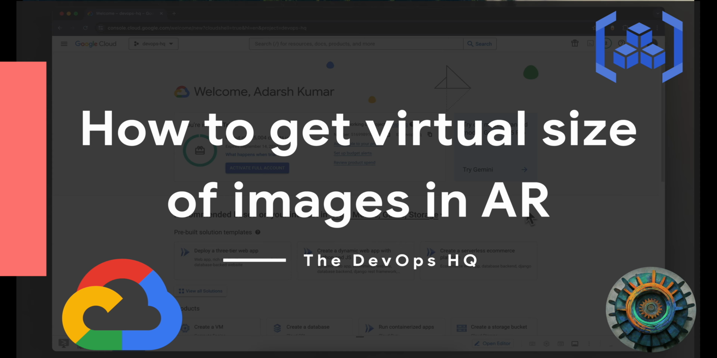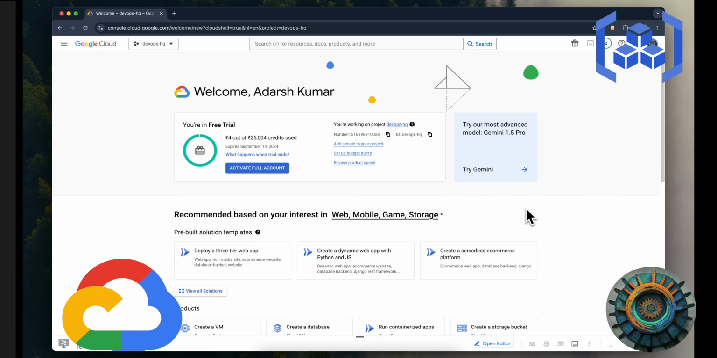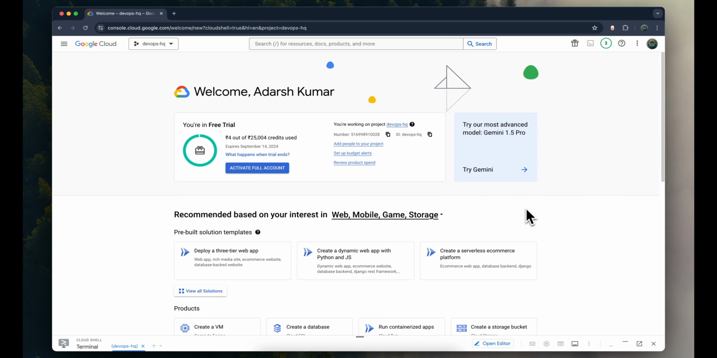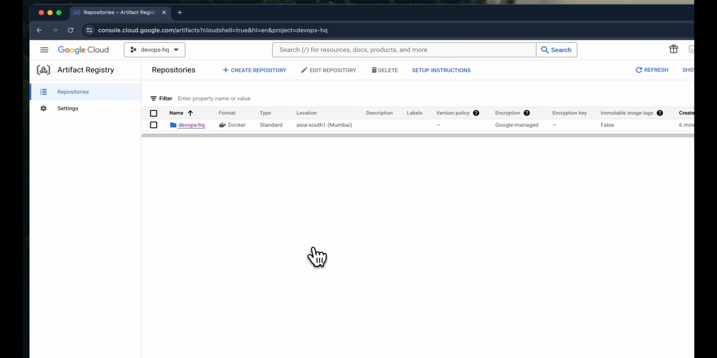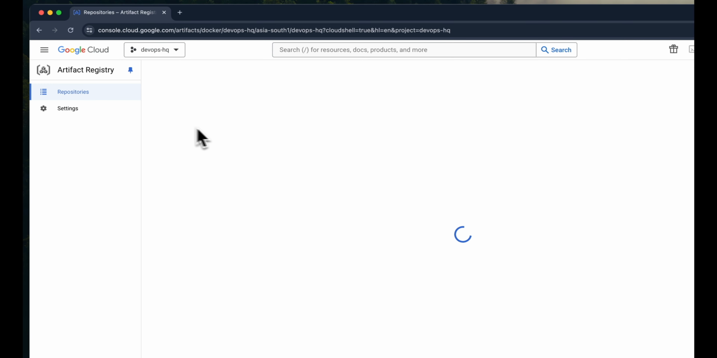Hello everyone. In this video we are going to see how we can get the virtual size of each image which is present inside a repository in Artifact Registry. So let's get started. Let's go to Artifact Registry first, and here if I go inside my repository,